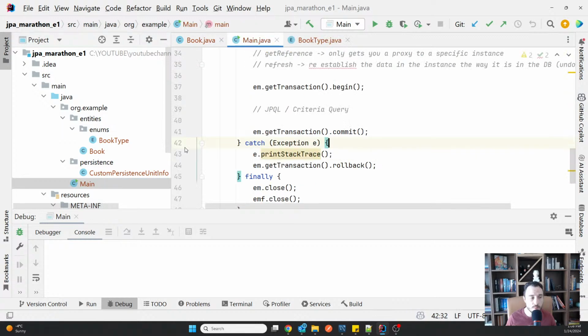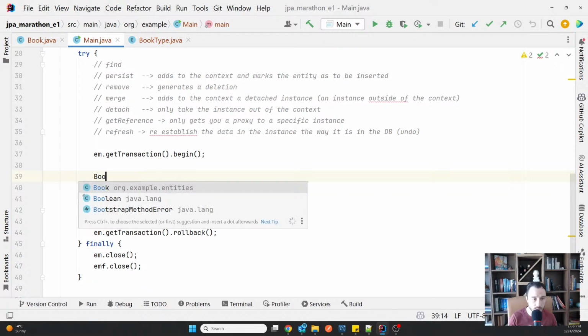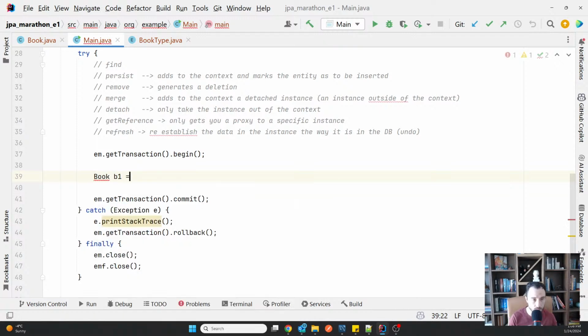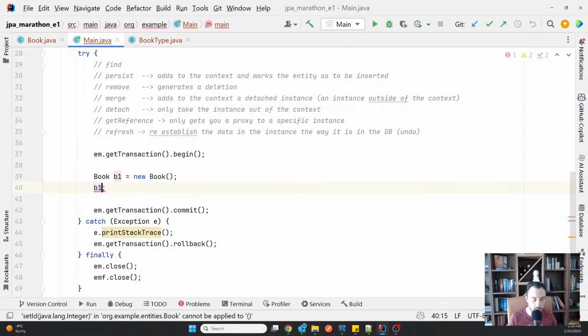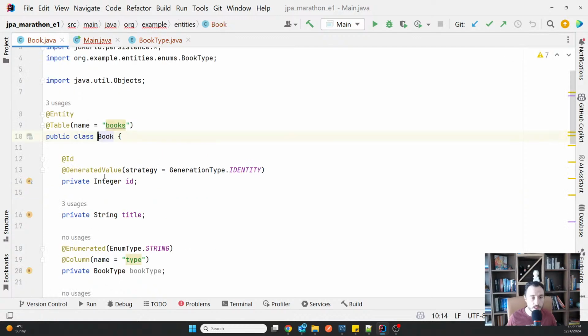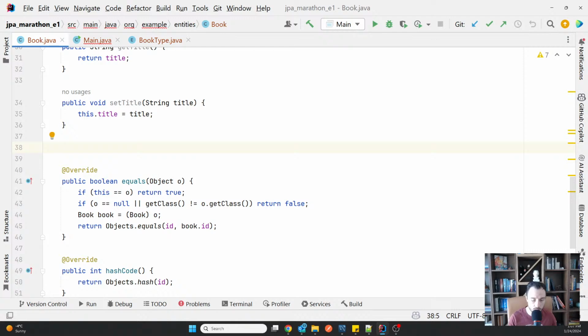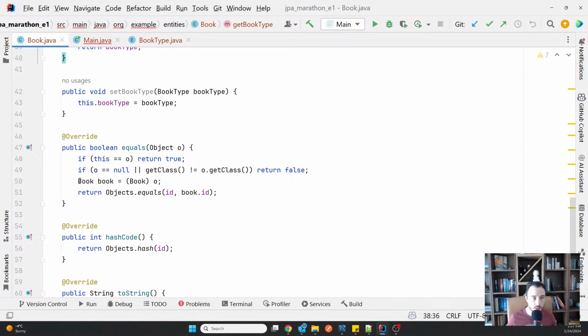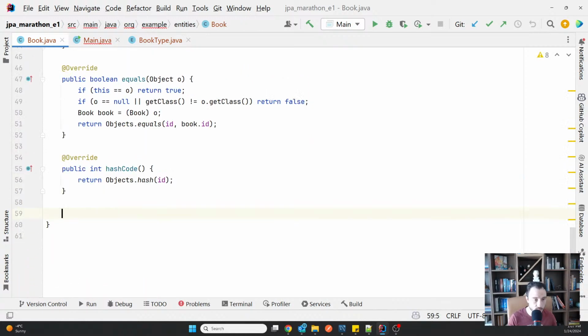I'm going to main here, and I'm going to try to create a book and persist it. I don't need the ID because it's now generated. Oh, and sorry, I forgot to add the getter and the setter for that. And normally I should also update it to string if I want to see it.